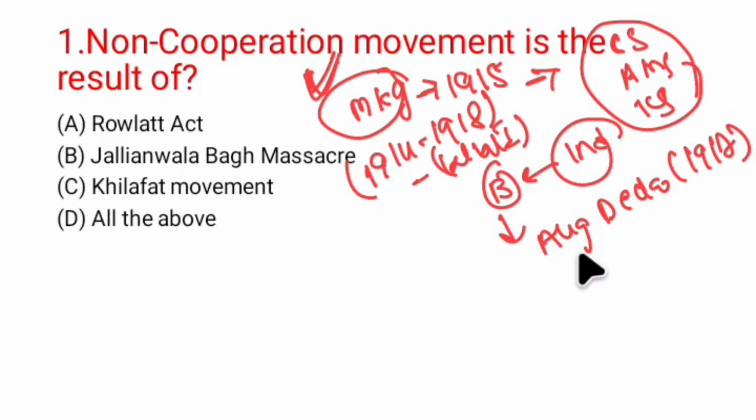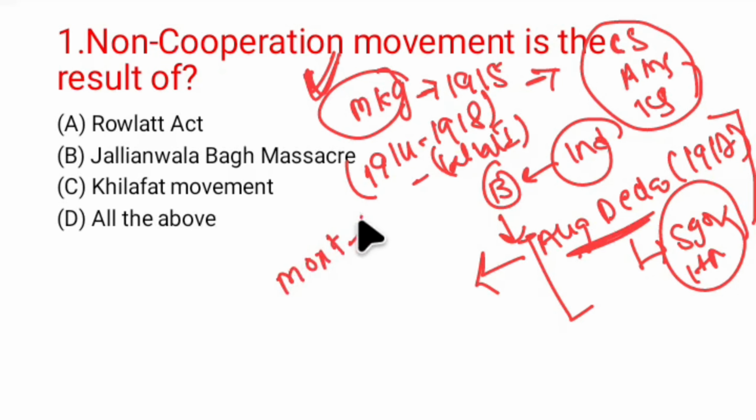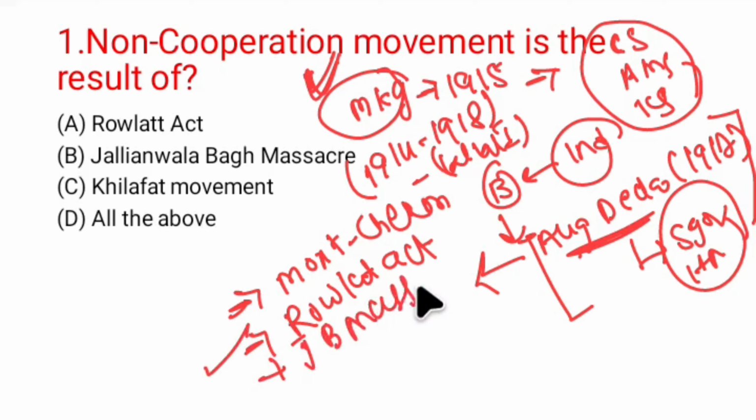Basically, this declaration was saying we will provide self-governance or home rule for Indians, but the Britishers betrayed Indians. They provided a carrot, which is known as the Montagu-Chelmsford reforms, and they used the stick, which is known as the Rowlatt Act. Because of this act, the Jallianwala Bagh massacre happened,